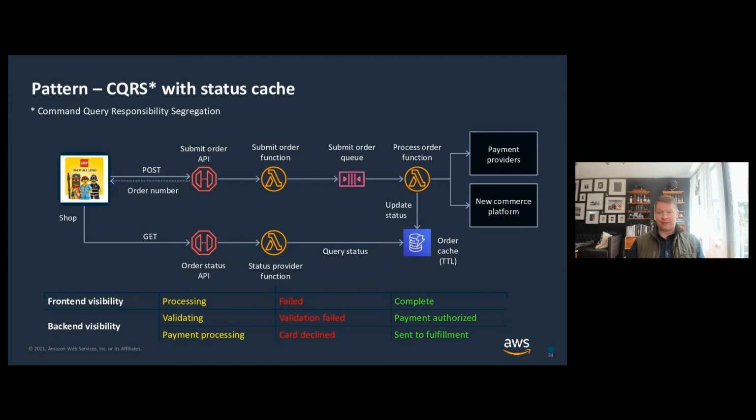And then the most important thing here is that the queue can accept all of those orders, and the process order function, which is downstream from there, can then have a breather from the onslaught coming in through the front end. So yes, this definitely helps with being able to independently scale the functions within there.